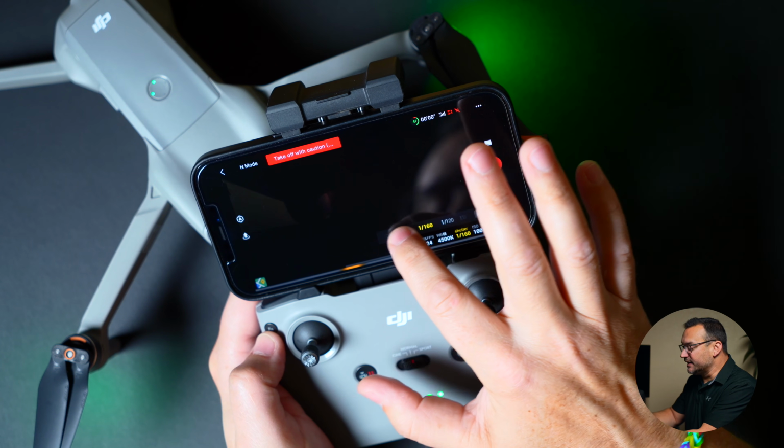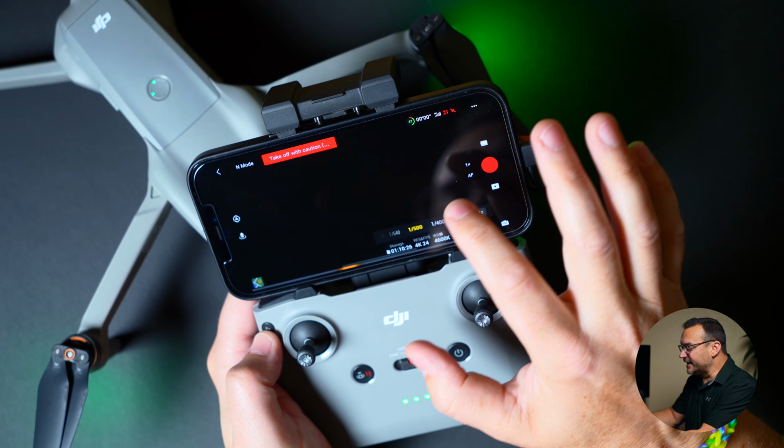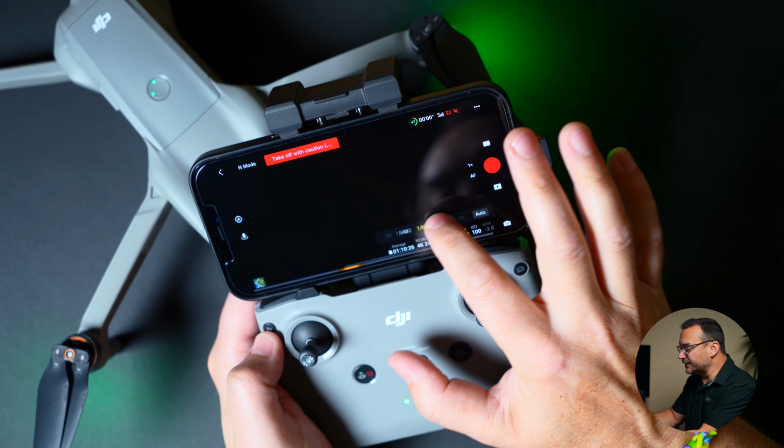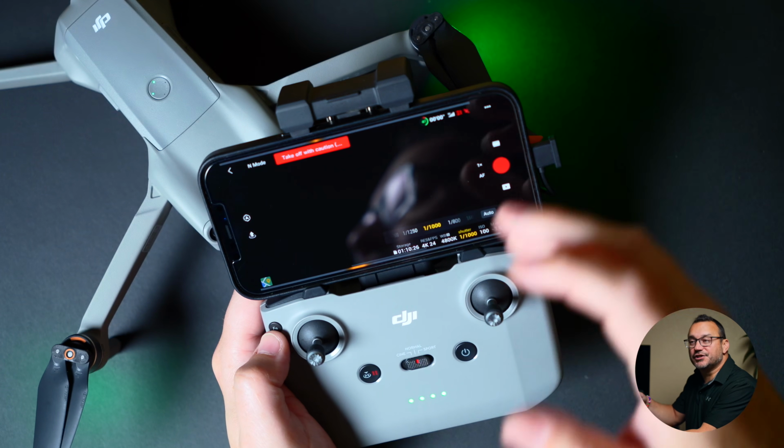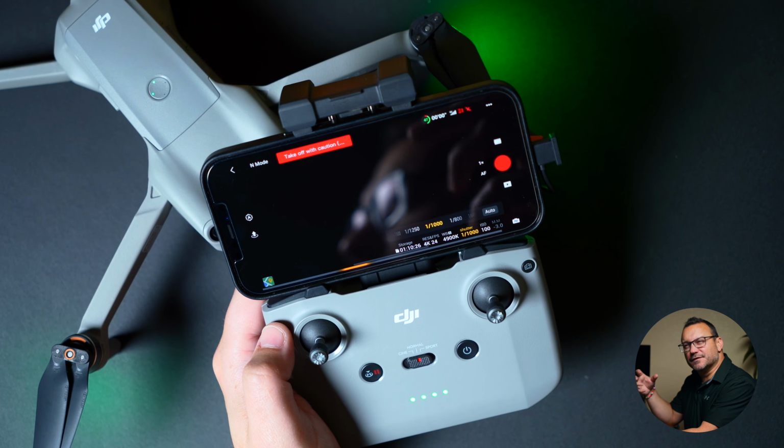Now, I highly recommend, if you're shooting out in bright situations, that you get an ND filter to put on the lens so that you don't have to boost this shutter speed. You don't have to speed it up so fast that you're up here in the 1/500th, maybe even 1/1000th range, because that's going to also make your footage just seem a little hyper realistic, and you want to have that natural blur, that natural motion blur that our eyes are used to seeing, that is considered cinematic. And in order to do that, you likely will have to minimize the amount of light coming into the sensor